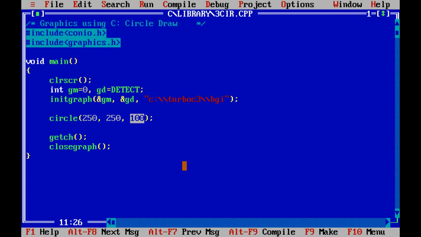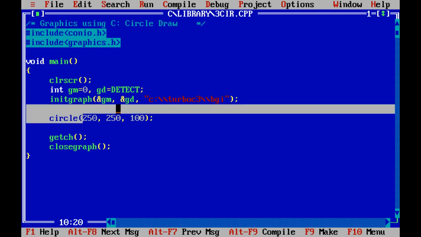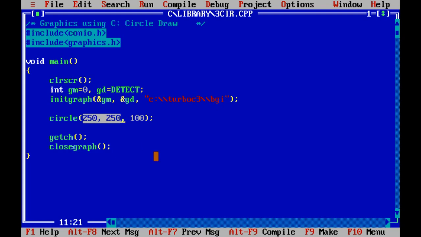When we ask to draw a circle, it needs the center and the radius. So the first two parameters indicate the center and the third parameter indicates the radius.